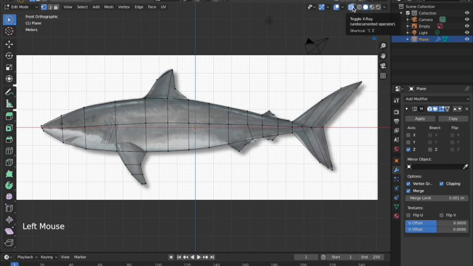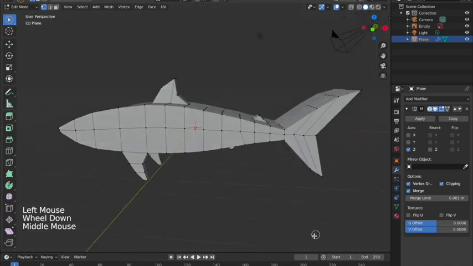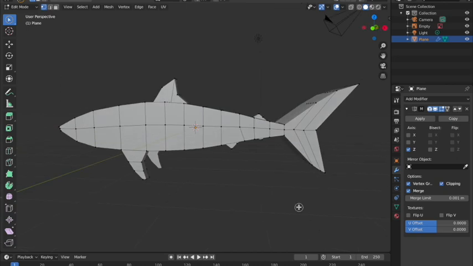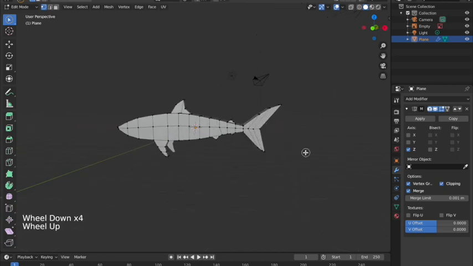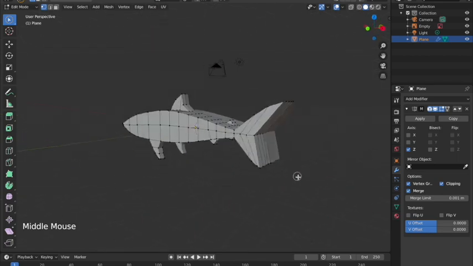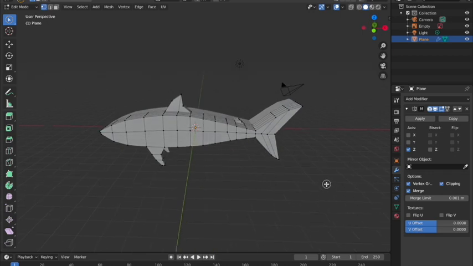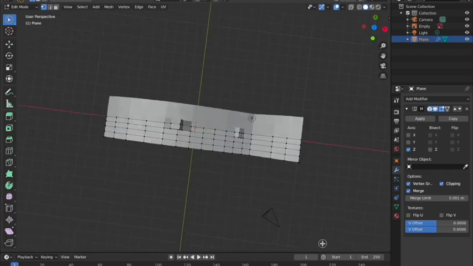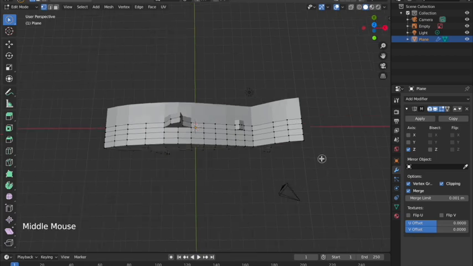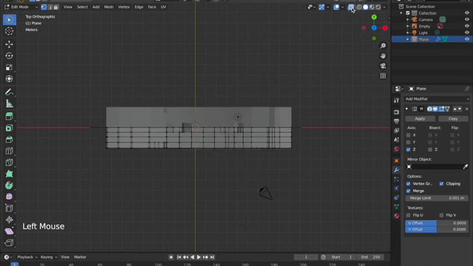I'm just going to turn off X-ray view for a second so you can see it when I rotate around. We've got a shape of a shark. He looks lovely. Now, you're probably noticing he's looking a little stiff and angular, and his fins aren't really sticking in the right direction. So what we're going to do now is shape it to narrow the parts that need to be narrowed, because he's not going to be all one thickness all the way through. So I'm going to go into top view for this part. I'm going to turn my X-ray back on,